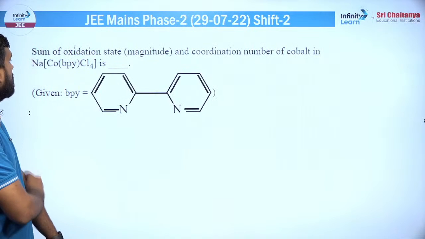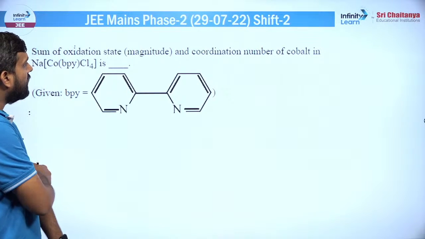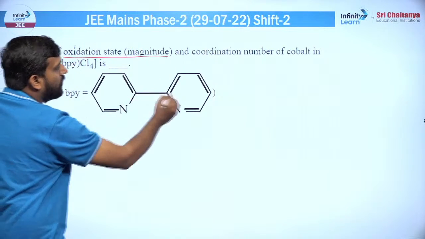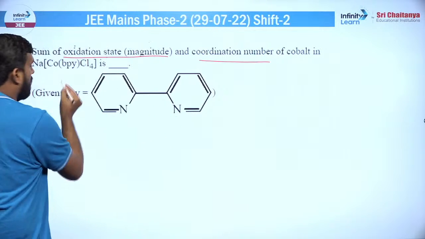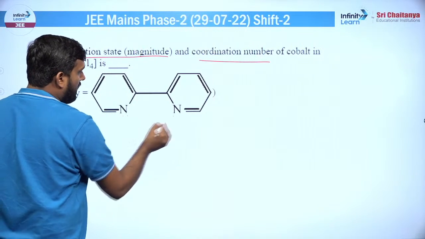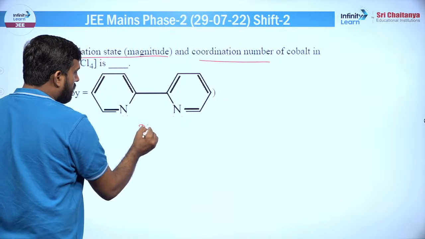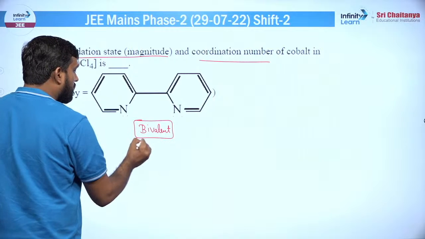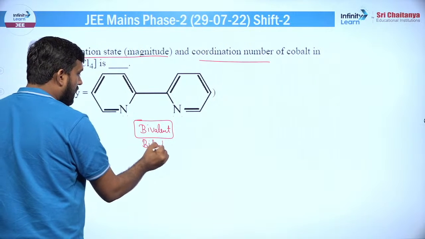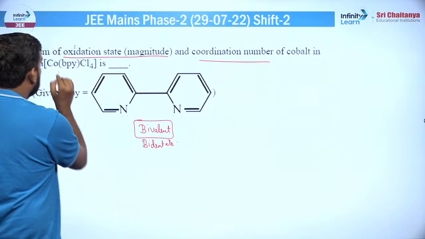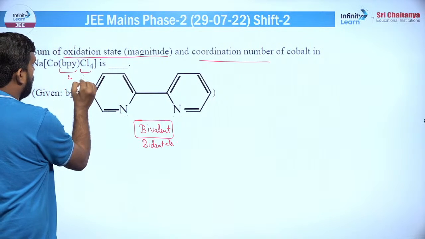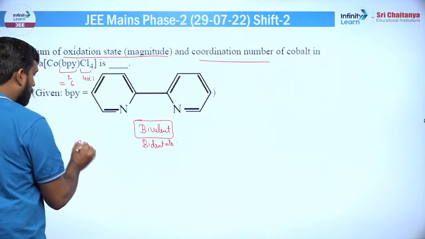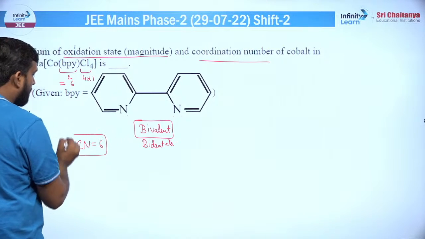ठीक है, गोइंग टू द नेक्स्ट क्वेश्चन, सम ऑफ ऑक्सीडेशन स्टेट मैग्नीट्यूड एंड द कोऑर्डिनेशन नंबर ऑफ कोबाल्ट। ऑक्सीडेशन स्टेट का मैग्नीट्यूड और कोऑर्डिनेशन नंबर को जोड़ना है। तो कोऑर्डिनेशन नंबर, जैसे इसको अगर देखोगे ना तो ये बाईवैलेंट है। ठीक है, बाईवैलेंट का मतलब क्या है, ये मोनोडेंटेड बाईडेंटेड है। तो ये बेसिकली यहां पर अगर आप देखोगे तो बाईडेंटेड लिगेंड है। अगर ये बाईडेंटेड है तो इसकी डेंटिसिटी 2 हो गई और इसकी हो गई 4/1 क्योंकि ये मोनोडेंटेड है। तो टोटल कोऑर्डिनेशन नंबर तो 6 आ रहा है, इसमें कोई डाउट नहीं है।